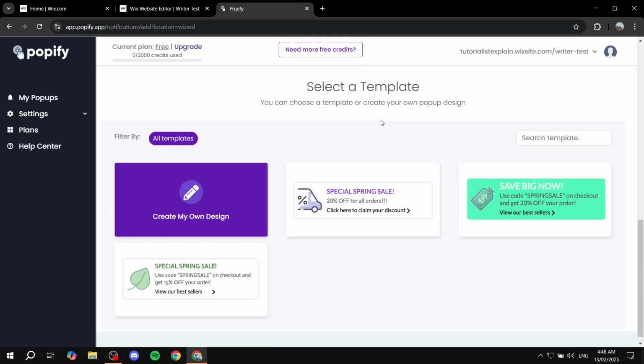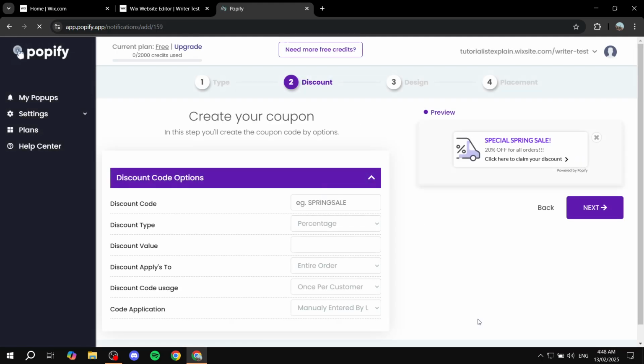So let's just go with this one and click on customize first. Special spring sale. So obviously when it comes to customization options, you can feel free to change the colors, you can feel free to change the text, and so on. So here is going to be the discount code name. You would want to obviously add a proper name for this. I'm just going to name it test